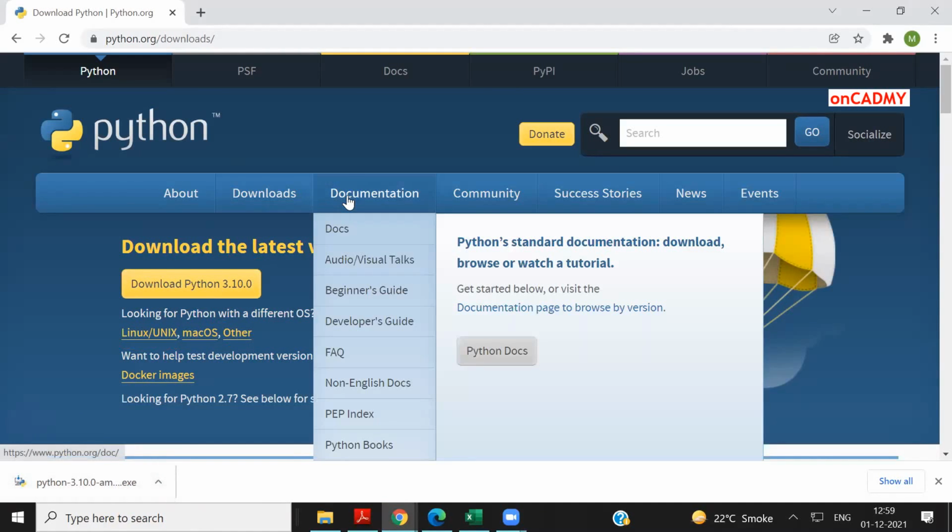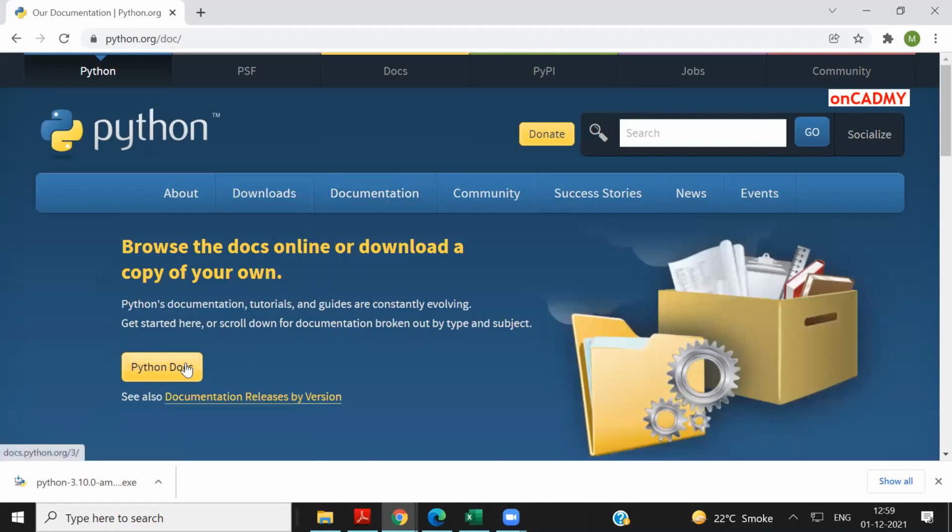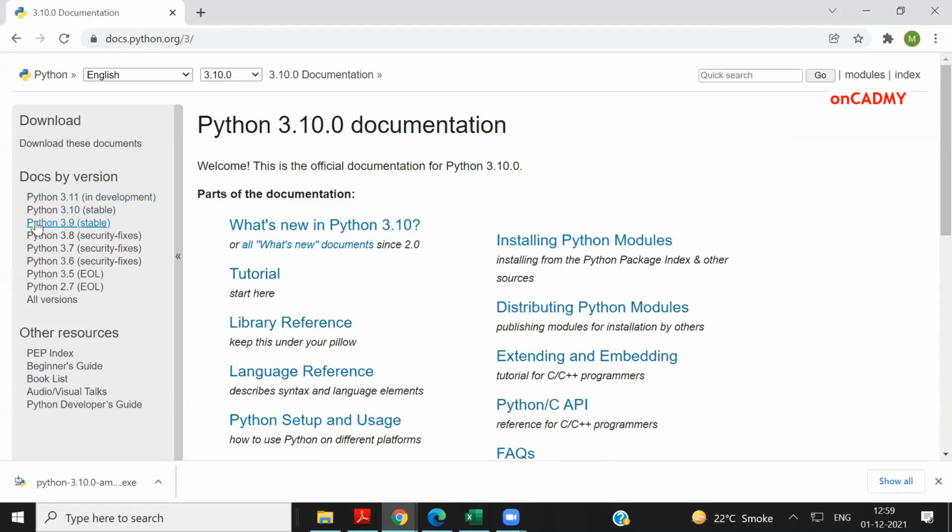Next is the documentation tab. Complete Python help is available over this tab. If you want more detailed information about any function or method that is used in Python, then you can access these docs and you will get complete information from here for all the versions also. By writing your keyword in this quick search, you can search for things like regular expressions, etc. You can get help on any feature or any method of Python over here.